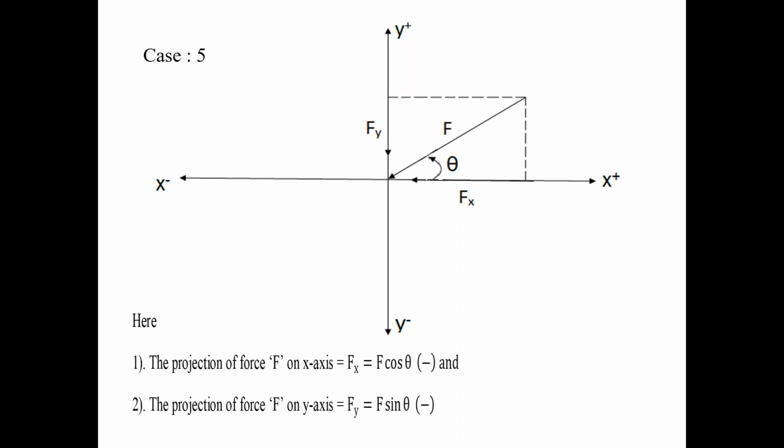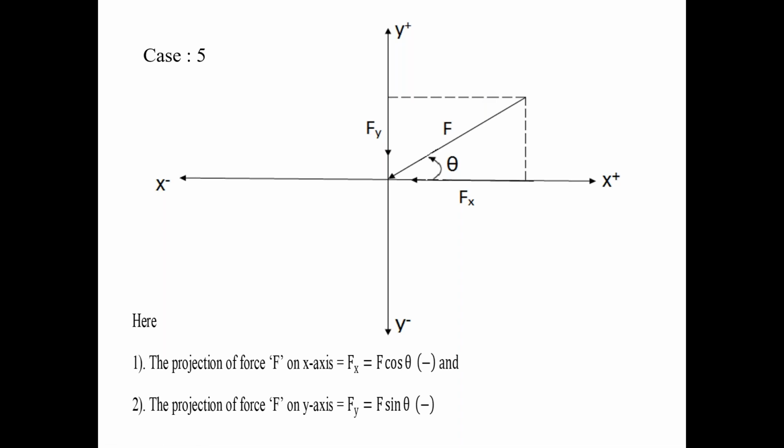Whereas in the first condition, Fx and Fy are both positive projections. In the fifth condition, both are negative projections. So please everyone check that carefully. Both Fx and Fy are negative projections here, while in the first condition both are positive. Now coming to the magnitudes. With the x-axis, since force F makes the angle theta, Fx is equal to F cos theta. Fy is equal to F sin theta.